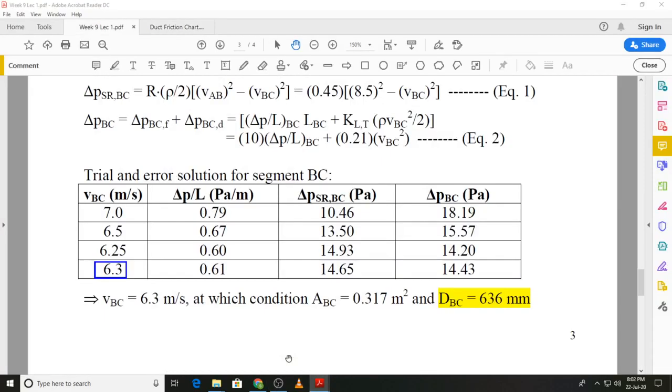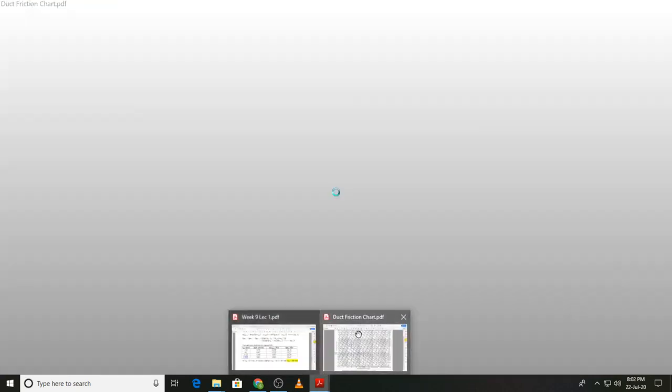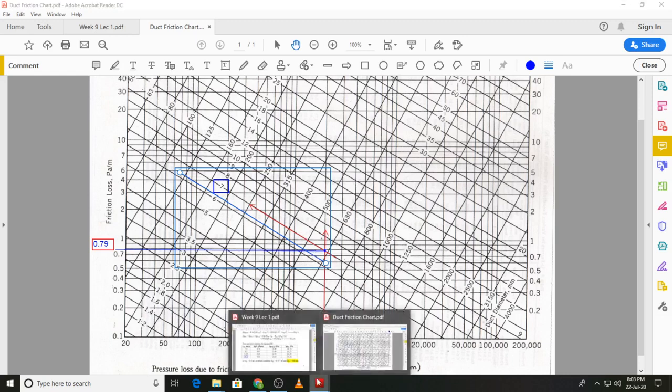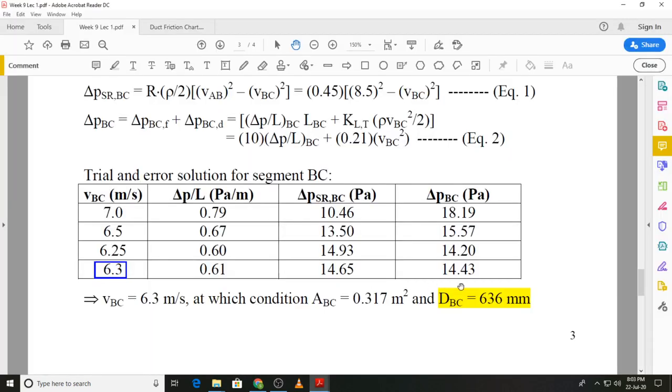Let me see what we had over here. Yes, we had 0.6 over here. And then after fine tuning, you just shift this line slightly upwards, and you will get a value of around 0.61. So that is how we found out the dimensions of the segment BC,